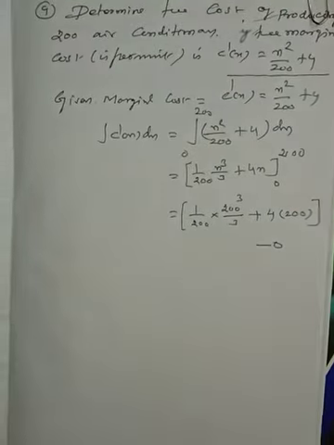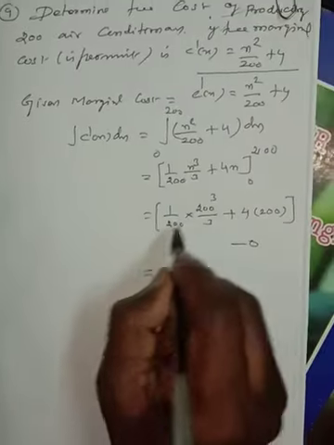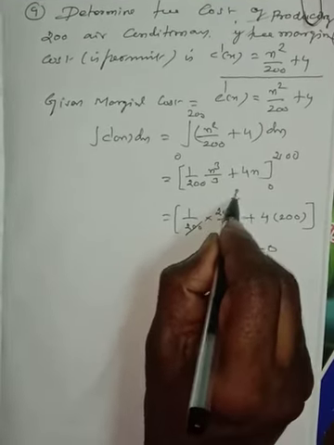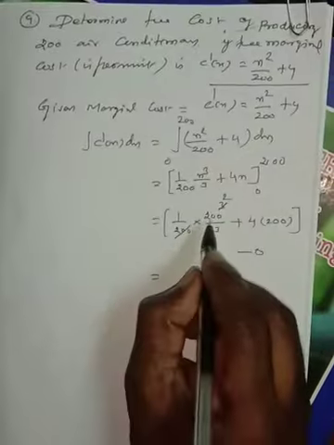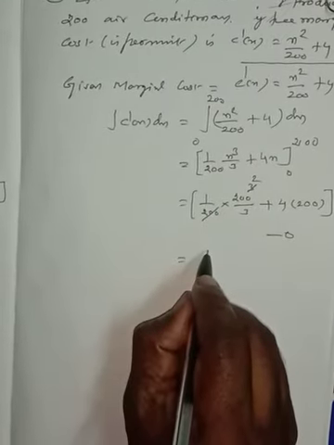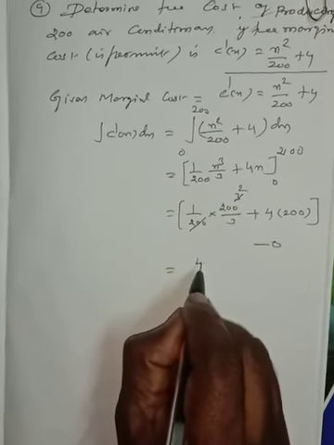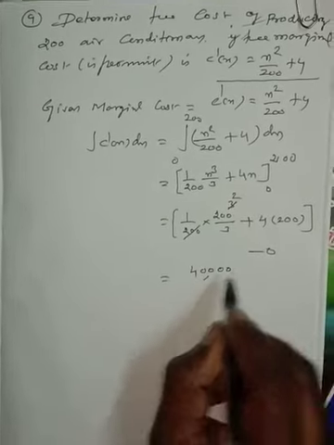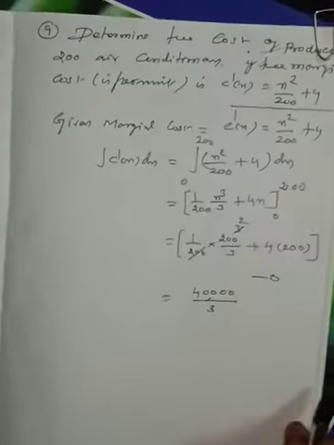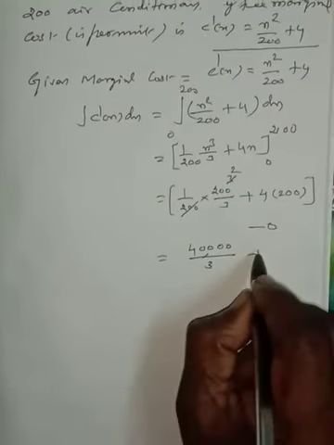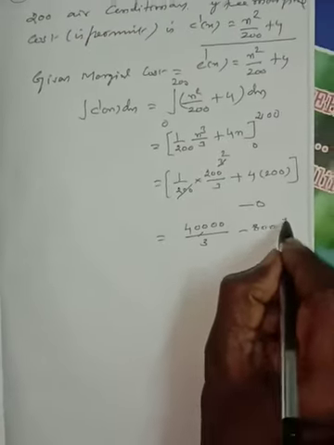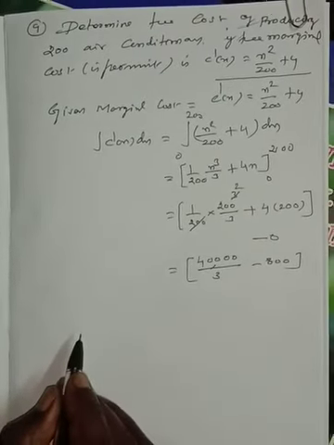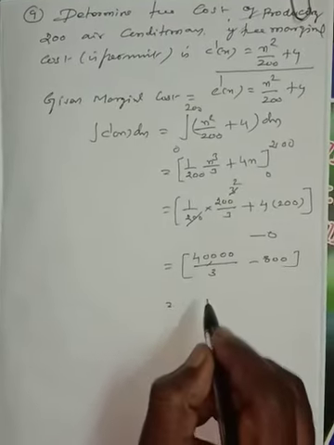Therefore 1 by 200 into 200 power 3, cancelling these two, 200 power 2, 200 power 2 means 2 2s are 4, zeros, so 40,000 divided by 3 minus 4 2s are 800, 40,000 divided by 3 means dividing, we have